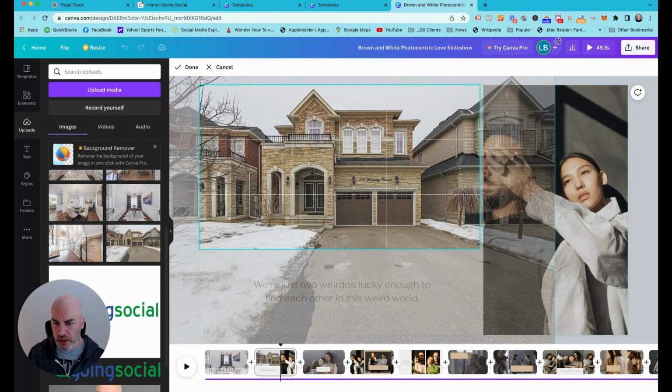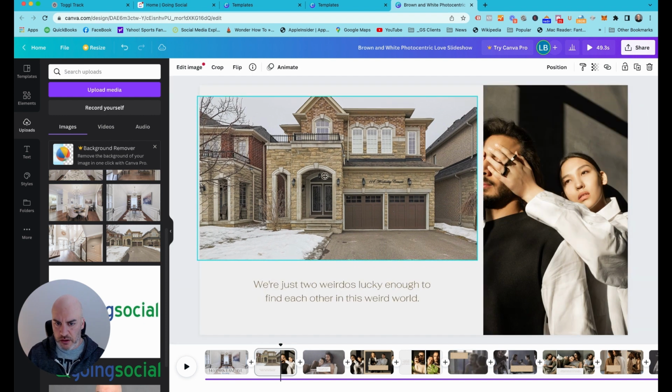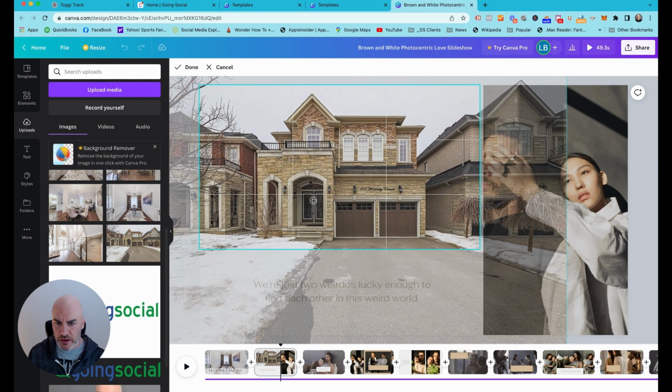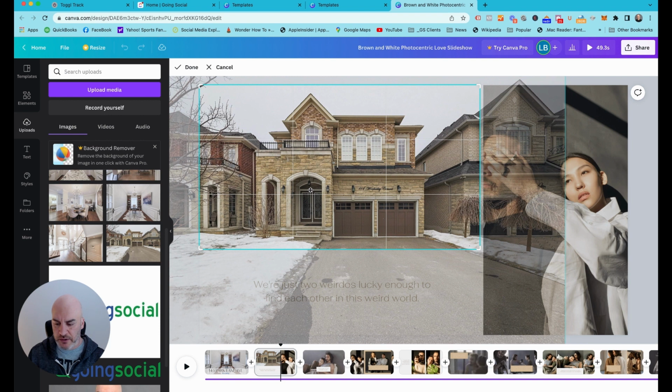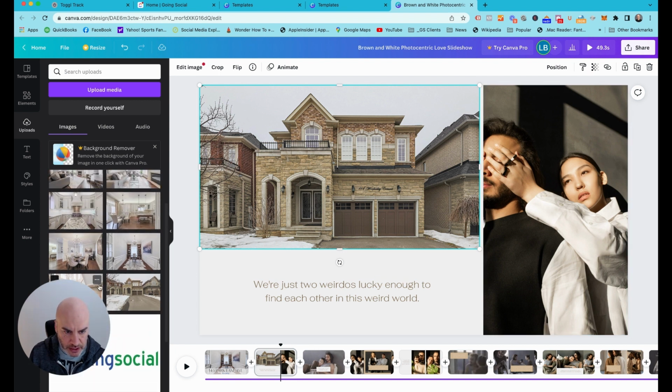And then again here, we're just going to bump it up a bit. And oops, bring it back. So you can just play around with your photos to size and space them as you'd like. So that looks better there. I'm going to come back and adjust some of the text for some of these, but for now,